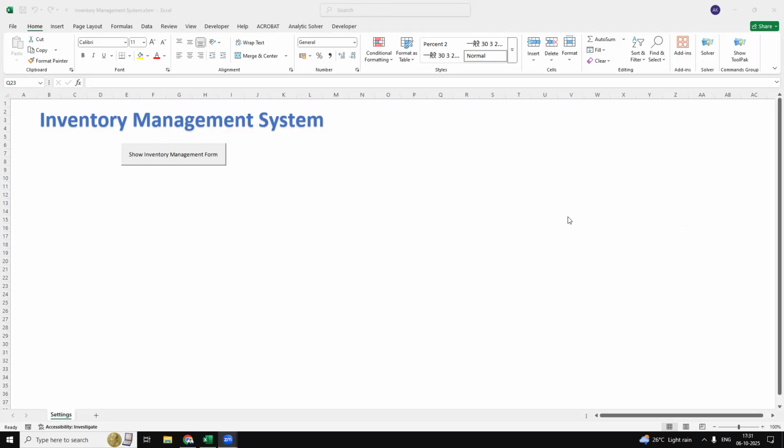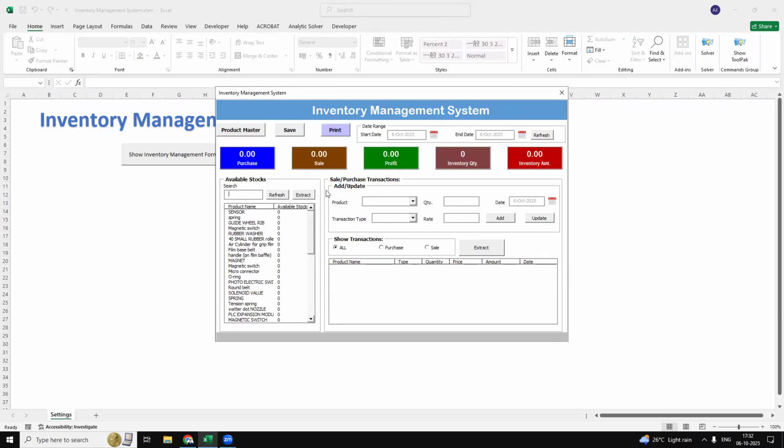So today in this video, I'm discussing the inventory management system that has been created in Excel. Here in this Excel file, we have a form which collects the data, and it is an automated system where it tracks the transactions and provides us the details of the purchases, sales, profit, inventory quantity, and inventory amount. And we have a tracker system as well, so